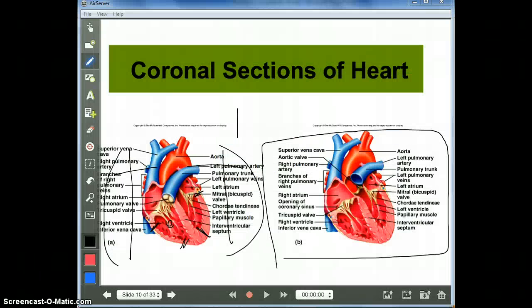Now taking a look at this chamber again, you have the muscle within that right hand side. Remember, this is going to be the right, this will be the left, because if I transposition this onto your body, this is going to be flipped around. So the right versus the left hand side. This right side only has to pump blood through here and go to the lungs. Not a very far distance in comparison to this left side that's going to pump it through the aorta all the way up to the head or down the abdominal artery all the way down to the toes. Okay?